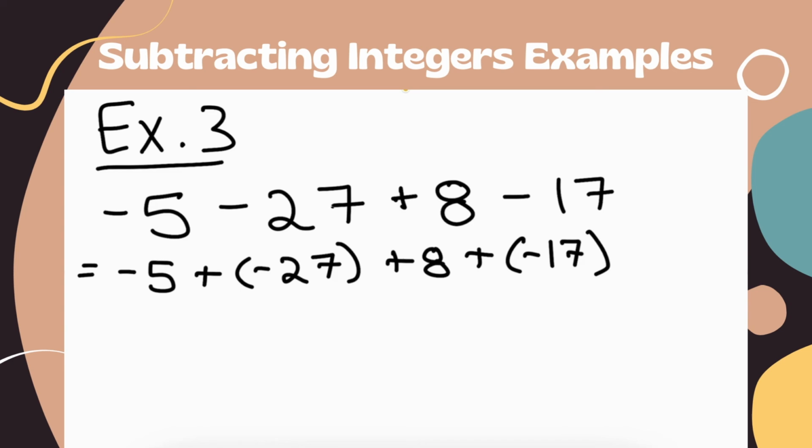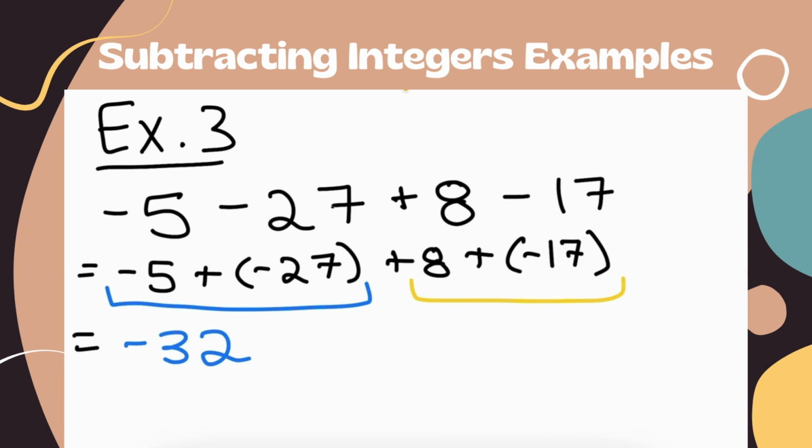And now I'm just going to work on combining. I think I'll start with the negative 5 and negative 27, and then I'll also do the 8 and negative 17, kind of in the same step, but separately in my head, if that makes sense. So first I'm going to focus on what is negative 5 plus negative 27. I know it's going to be a negative answer because both terms are negative, so they'll have the same sign. And then I'm thinking, well, 5 and 27, that's going to add up to 32. So I have a negative 32